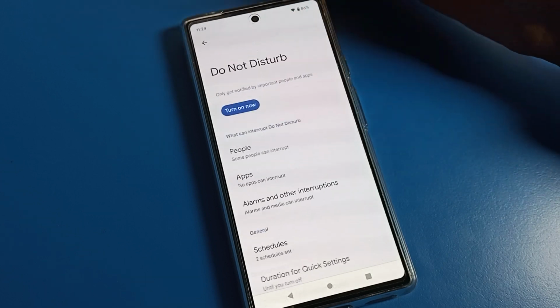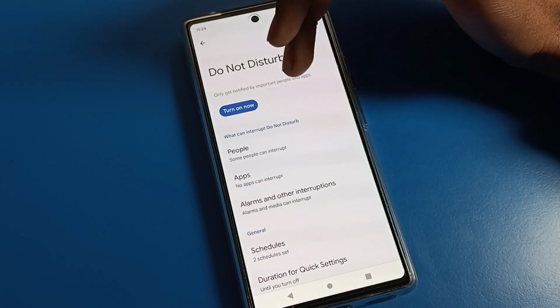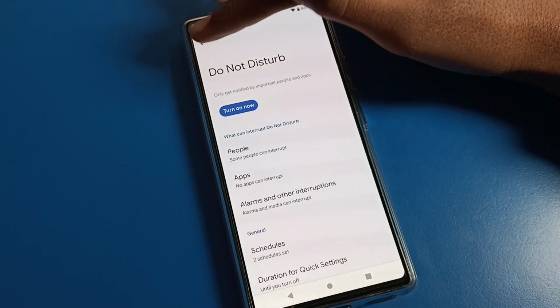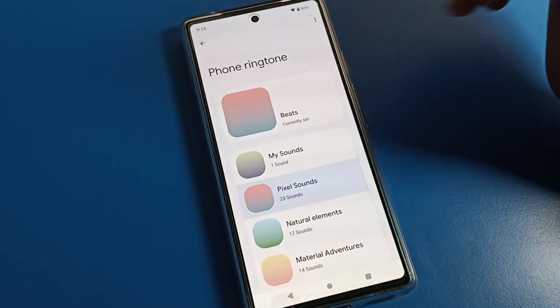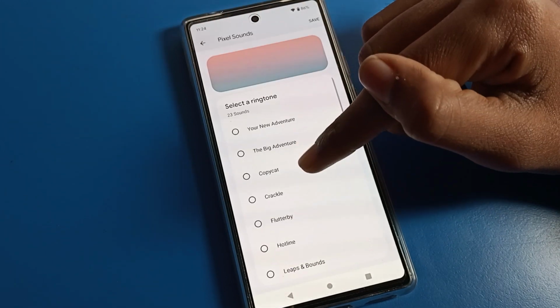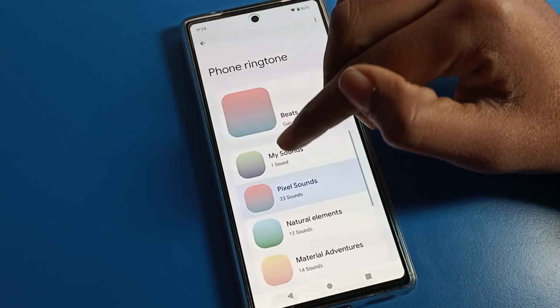Friends, you can see the Do not disturb setting. If you want to use Do not disturb on your Google phone, you can turn it on from here. The second option is if you want to set your Google phone ringtone, you can set it here. Tap here on whichever ringtone you like, then tap the save option, and the ringtone will be saved, which means the ringtone will